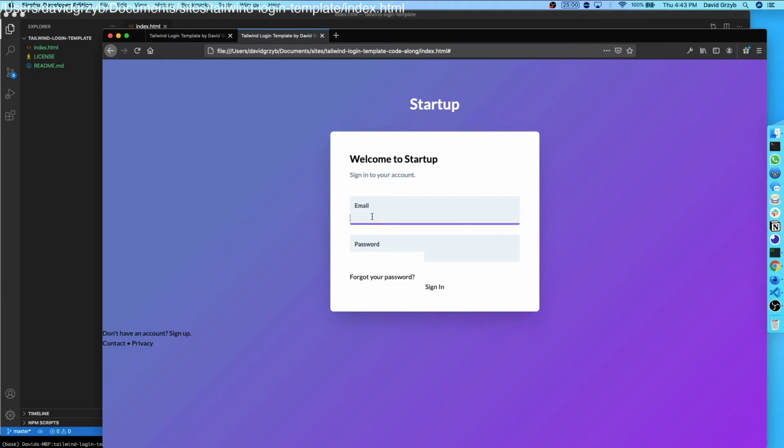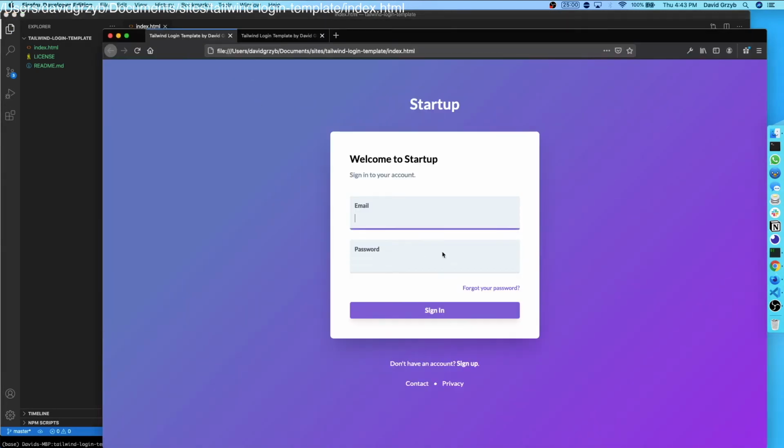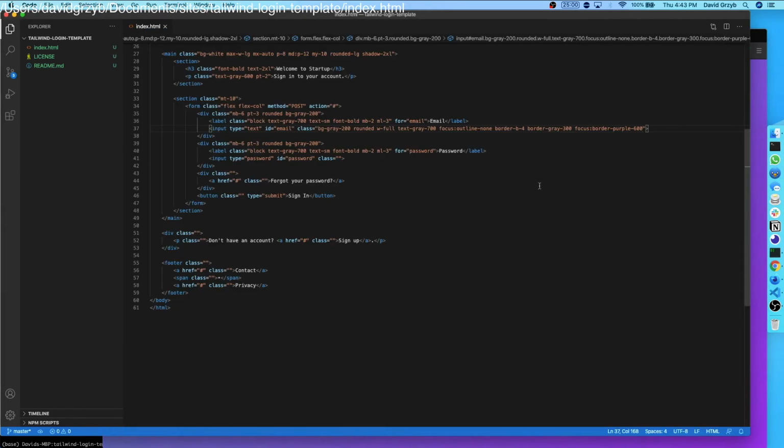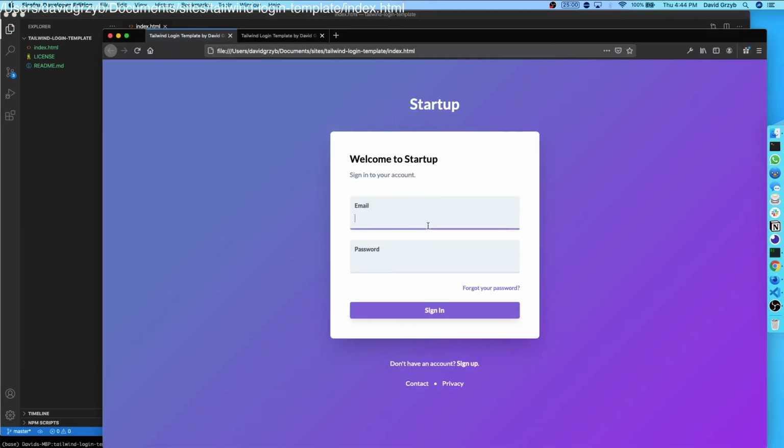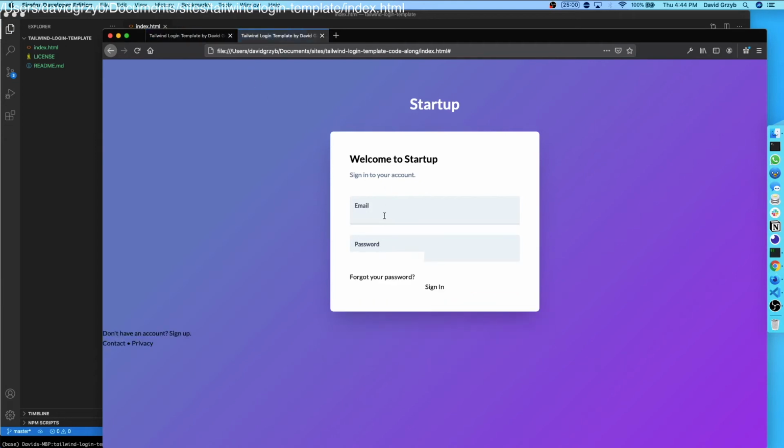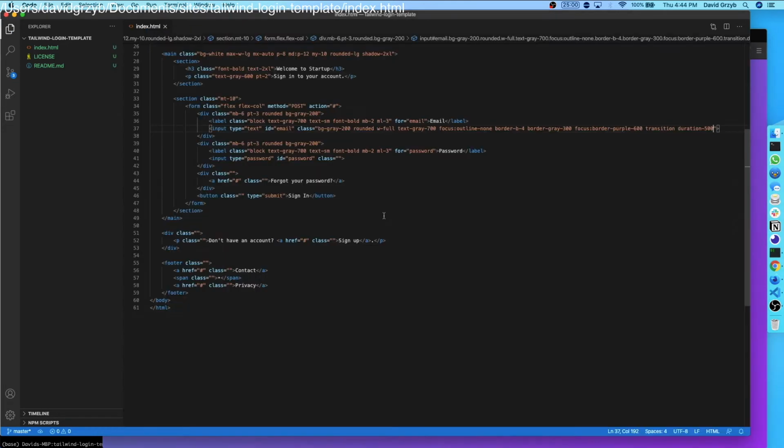That's perfect. You'll notice in the final version there's a transition which makes it look really polished and nice. So if we add transition and a duration of 500, which is how long it takes for the transition to finish, you can see that it works. And lastly, we need to add a left-right padding of 3